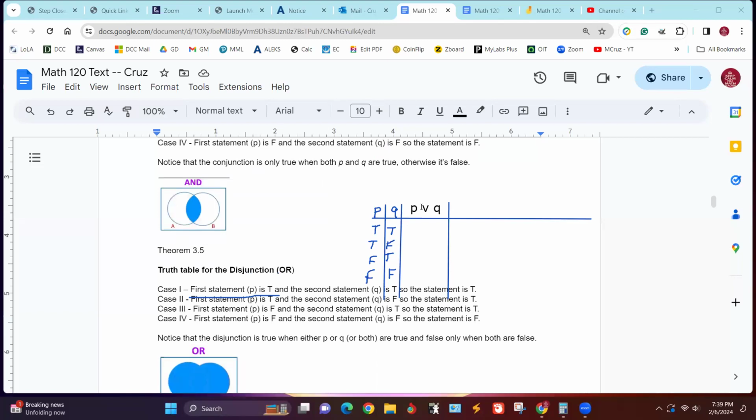This is just the rehash of that, because all we're asking is what is the truth table for P or Q. Well, this is it. It's true, true, true, false, because as long as you got one T in there, it's true. So that's true. That's true. That's true. And this is false. The reason that last one is false is because it contains no truths.